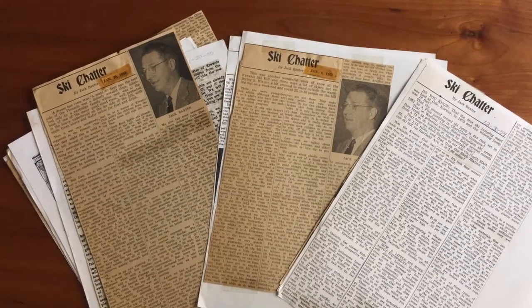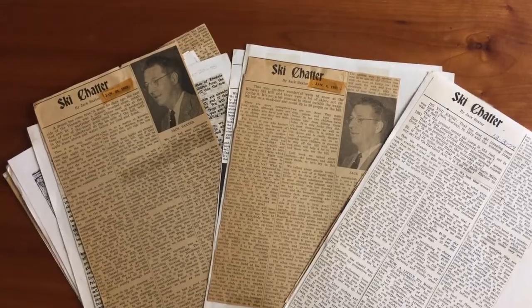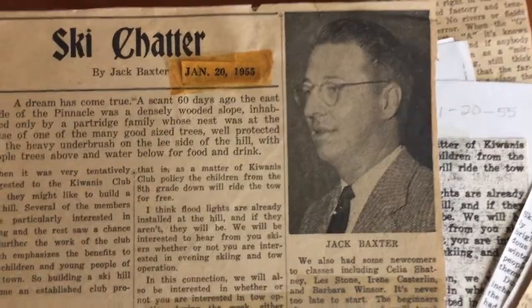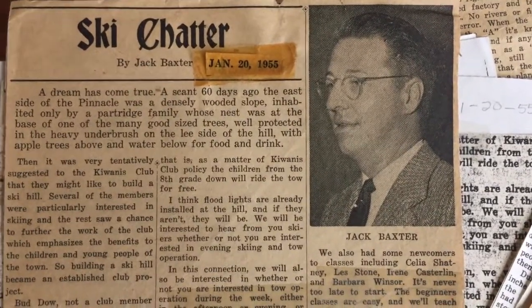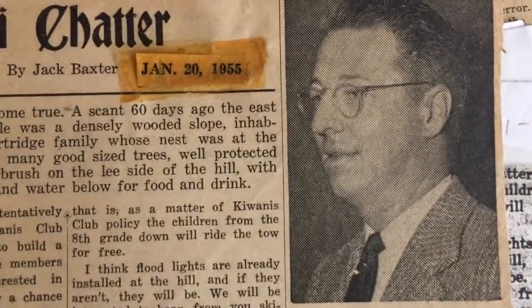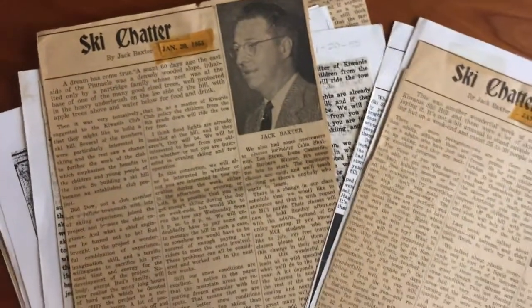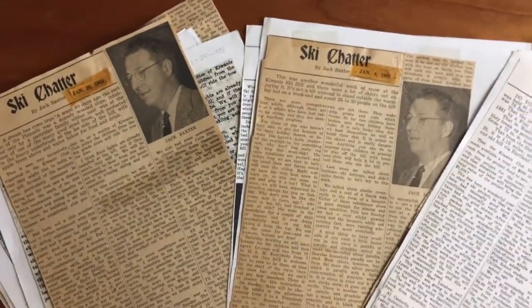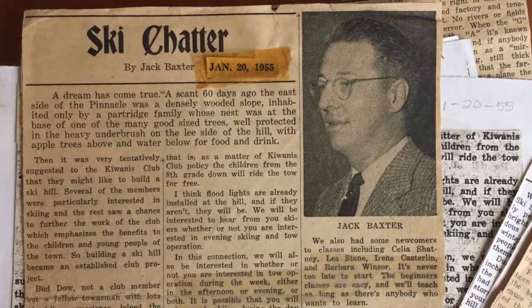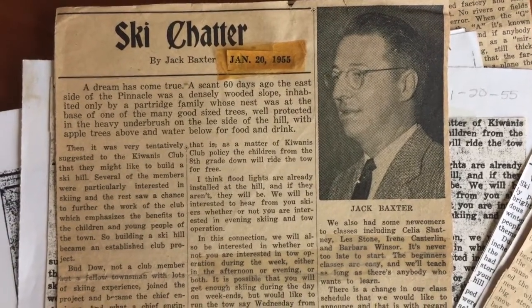I was fortunate that my mother clipped columns from the Pittsfield Advertiser called Ski Chatter. This was written by Jack Baxter, who was instrumental also in getting the ski slope going in Pittsfield. His column dated January 20th, 1955 gives a wonderful overview of what the origin of the ski slope was. Actually, it was called the Kiwanis Club ski slope initially because that club is the one that took this on